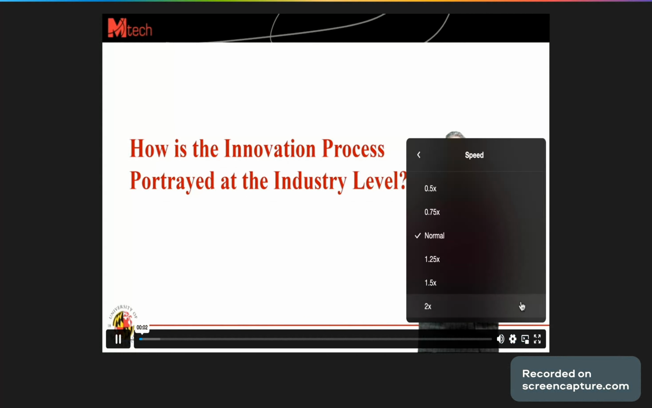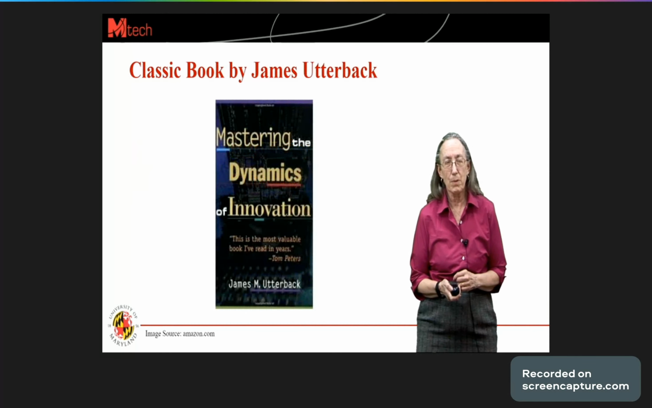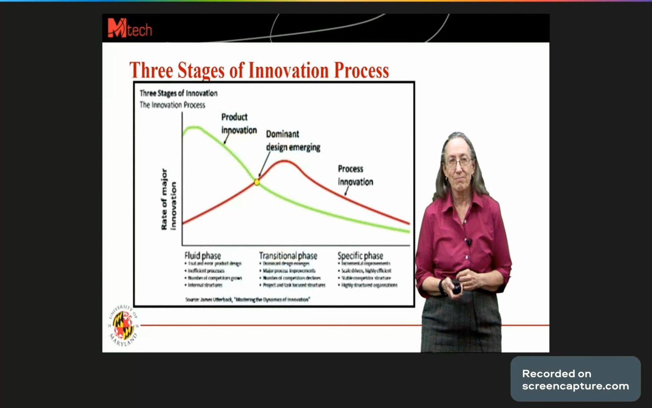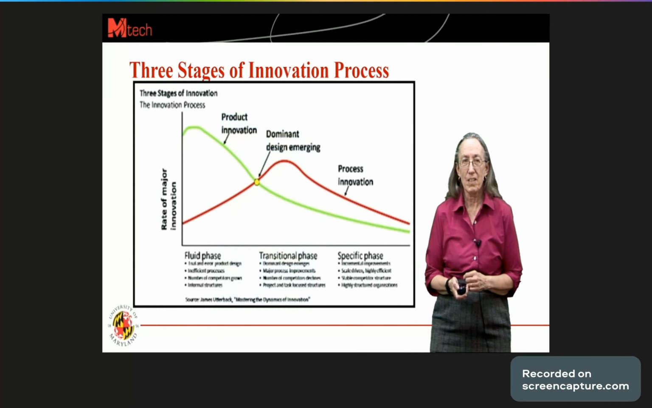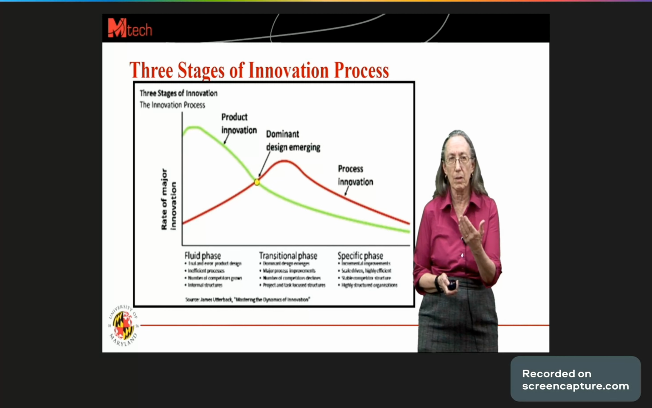Now we'll look at the innovation process at the industry level, using insights from a classic book, Mastering the Dynamics of Innovation by James Utterback. He sets out 3 stages to the innovation process. And really, we're looking at where product innovation gives way to a dominant design, and then you're working on process